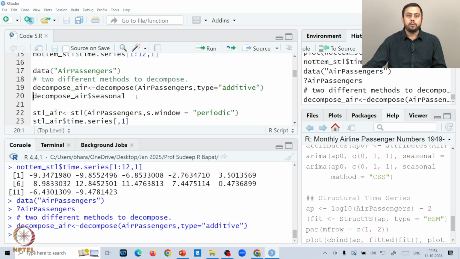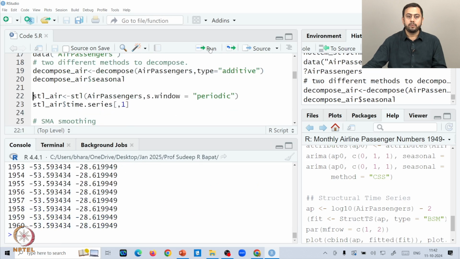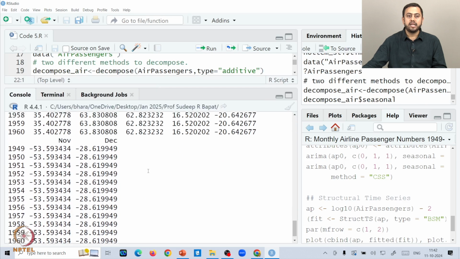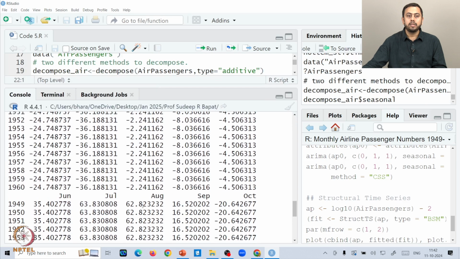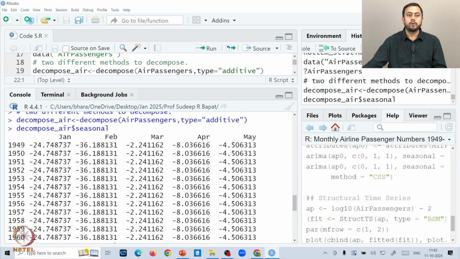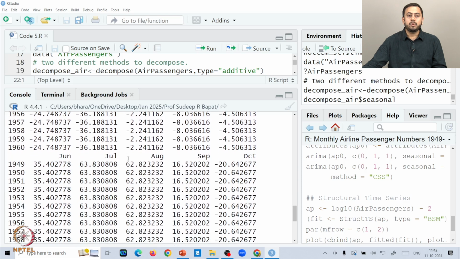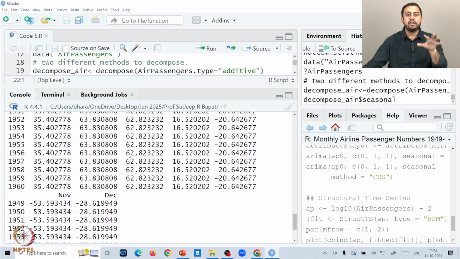And now what we want to do is extract the seasonal components out of that. So if you want to extract the seasonality aspect of the data set, this is exactly how the seasonal component would be fluctuating over all the months. The first column gives you the years, and each subsequent column gives you the corresponding months, and all these values tell you the seasonality component for that particular year or month, okay?